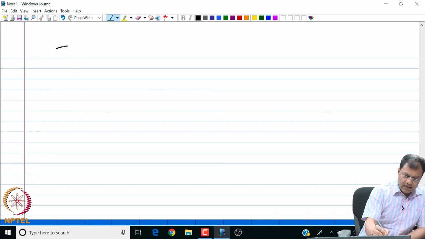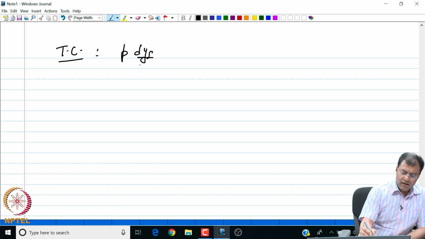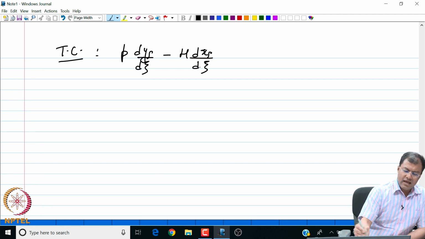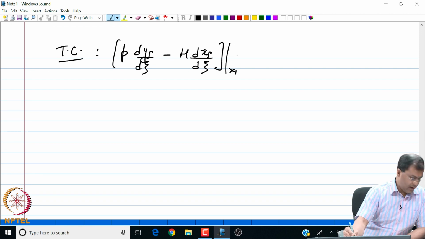So, I use the transversality condition TC, which tells that P del y gamma del psi minus H del x gamma del psi, this at x1 is 0,